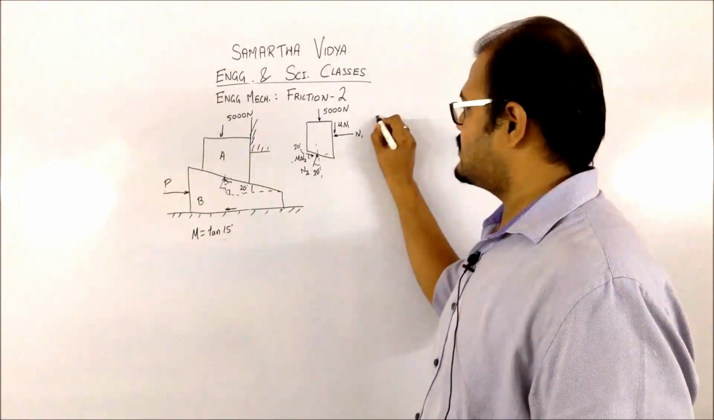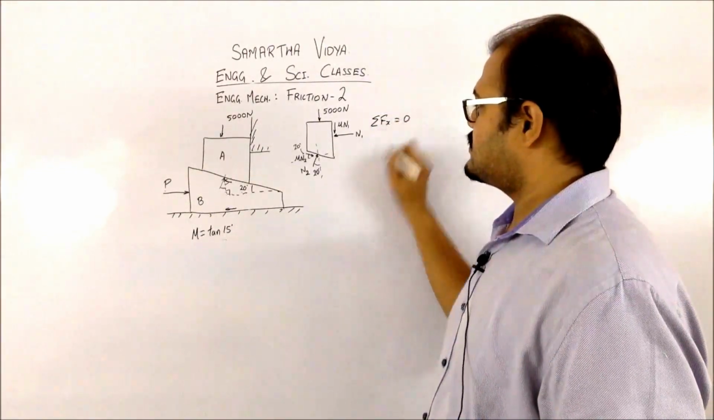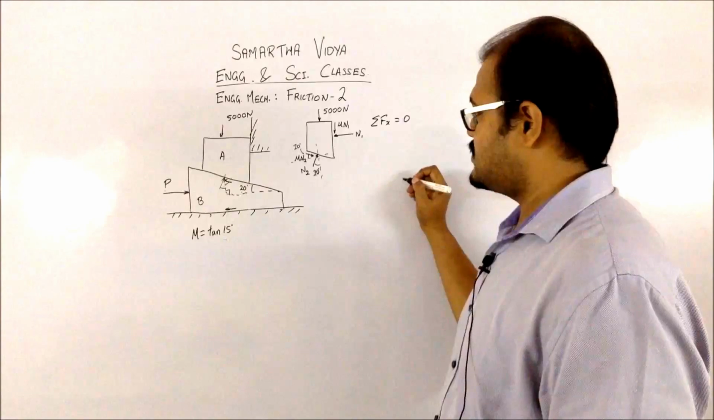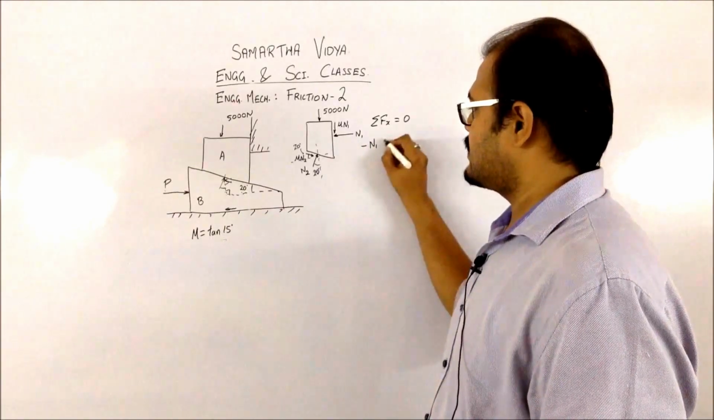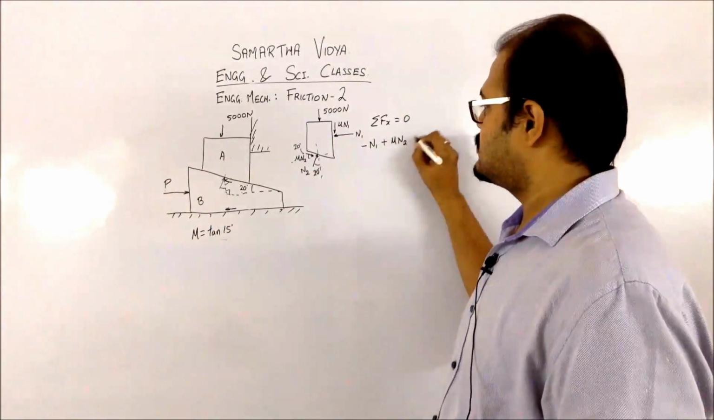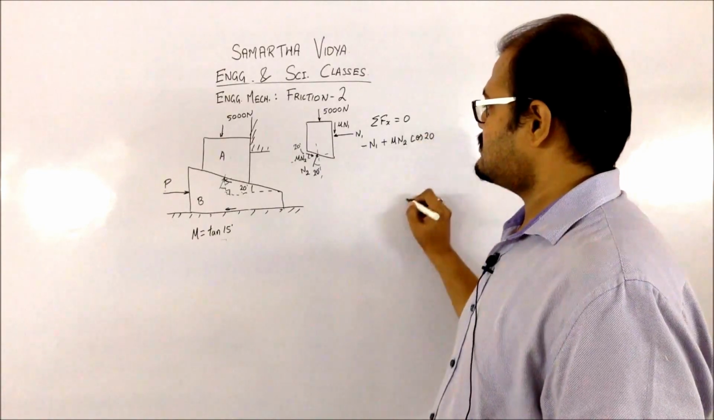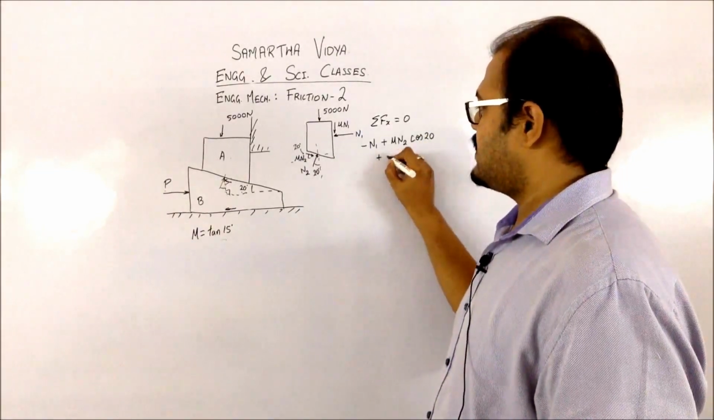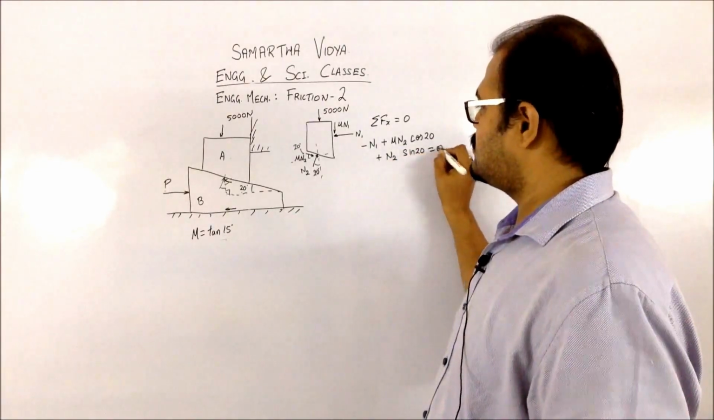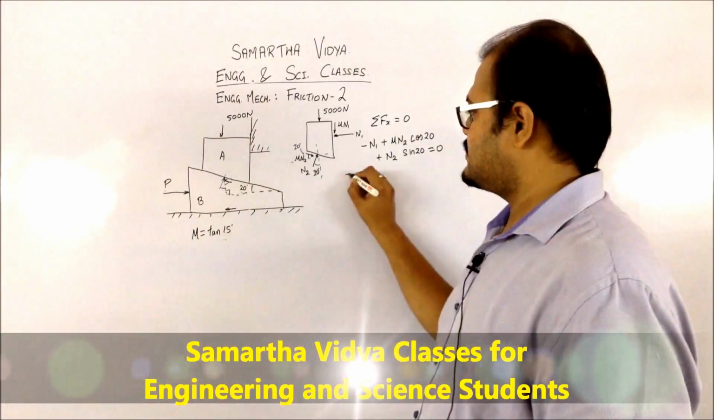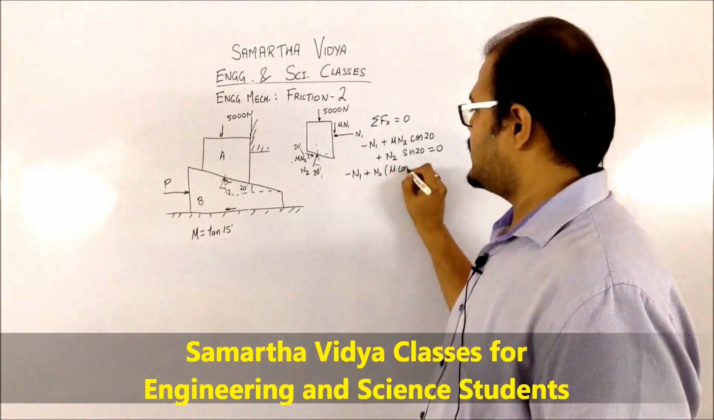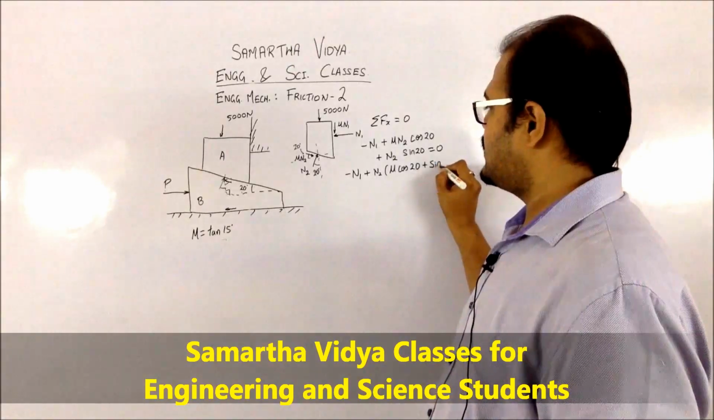We will write the equation as summation Fx equals 0. All the forces along the x direction should be represented over here. That is going to be minus N1 because of this. Because of this, it's going to be plus mu N2 cos 20, and because of this it's going to be plus N2 sin 20, which is equal to 0. Rewriting the equation, you will get minus N1 plus N2 into mu cos 20 plus sin 20